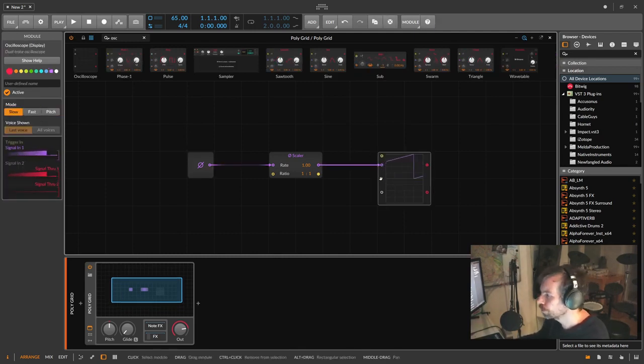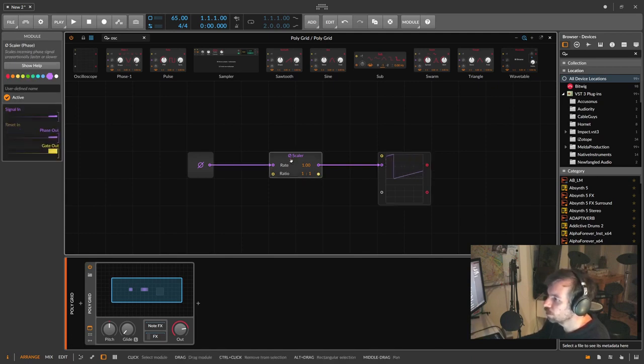Switch to slow. Now you can see we have just a regular phase signal slowly ramping up and then going back to 0 and ramping up again. So these signals are usually used inside the grid for synchronizing devices. So you can do a lot of stuff with the Scalar, not only to phase signals, but to all kinds of signals. But I want to start with the phase signal first, because that's what it's made for. And that's also why we have pink